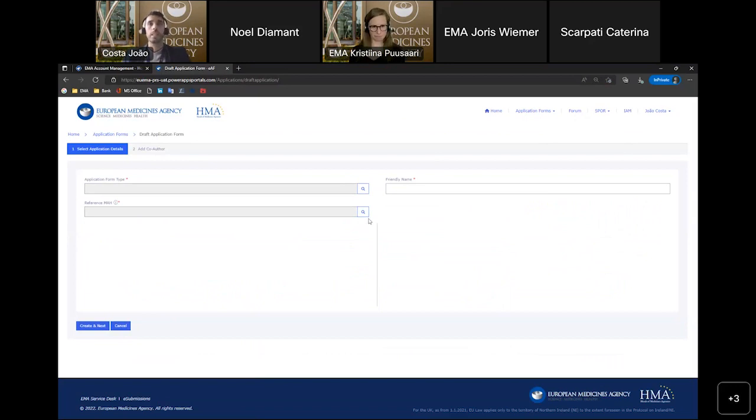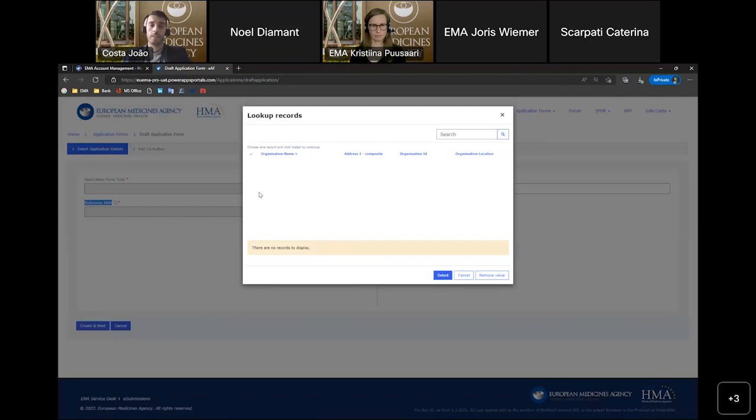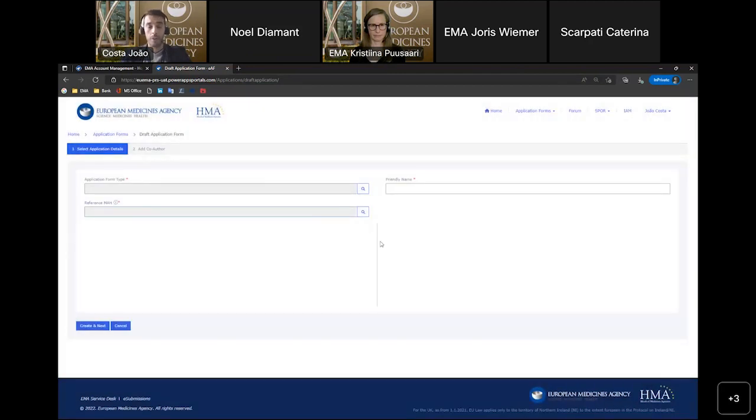Just one more reference: the list of market authorization holders that you will see here depends on the roles that you are entitled with in the EMA account management portal. So you would see here the list of the organizations that you belong to. In this case, I don't have any because my request has not yet been approved. Otherwise, I would see some here. Same goes for the next steps when you have to select the product and so on. It always depends on the roles that you are assigned to and the grants that this role gives you.